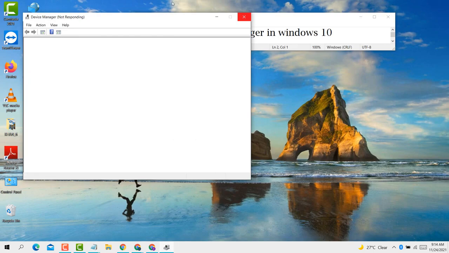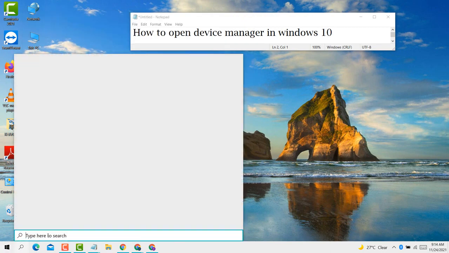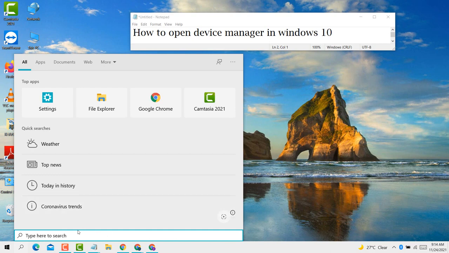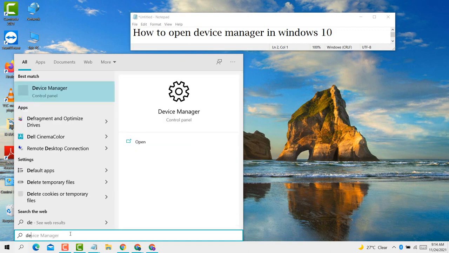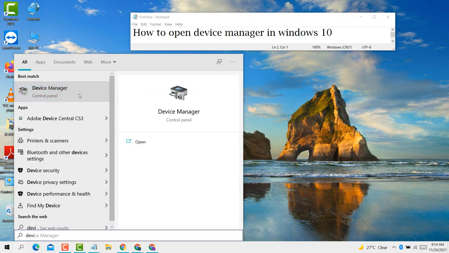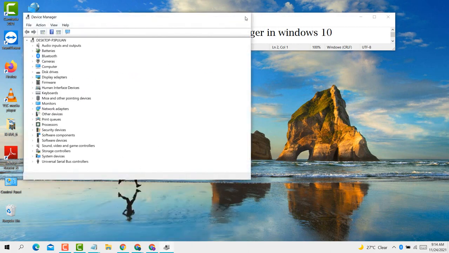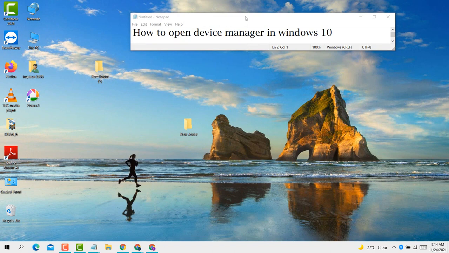If you want to open Device Manager another way, click on Start and type here Device Manager. So guys, this is a very simple and easy method if you want to open Device Manager in a Windows